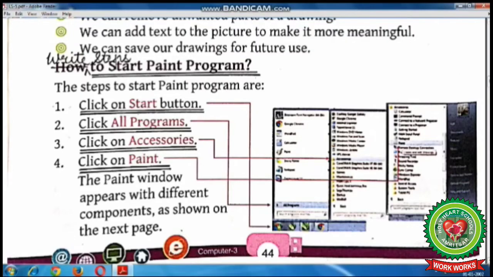So the steps to start Paint program are: number 1, click on Start button. Number 2, click on All programs. Number 3, click on Accessories. Number 4, click on Paint. Now children, we will perform these steps practically to start Paint program.